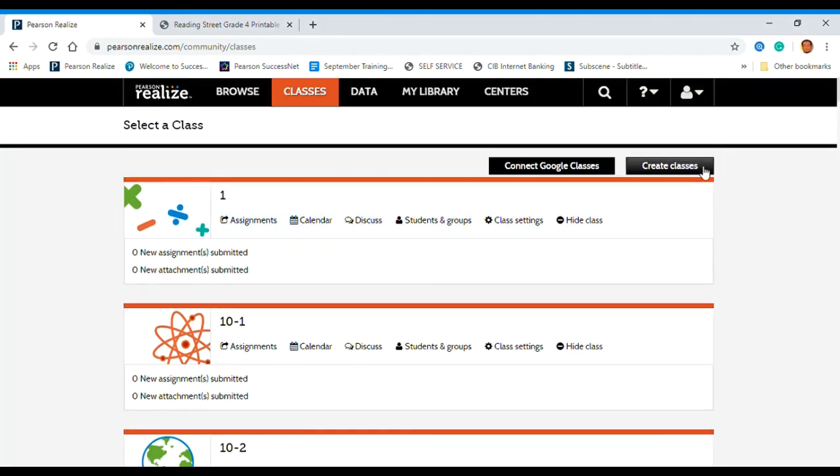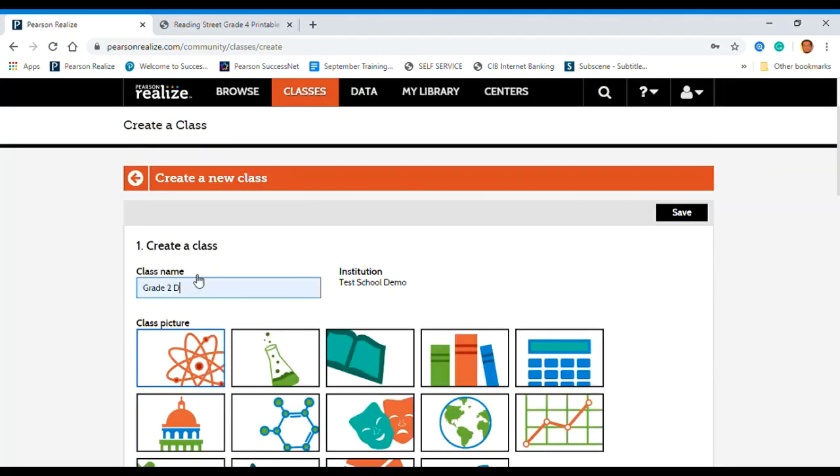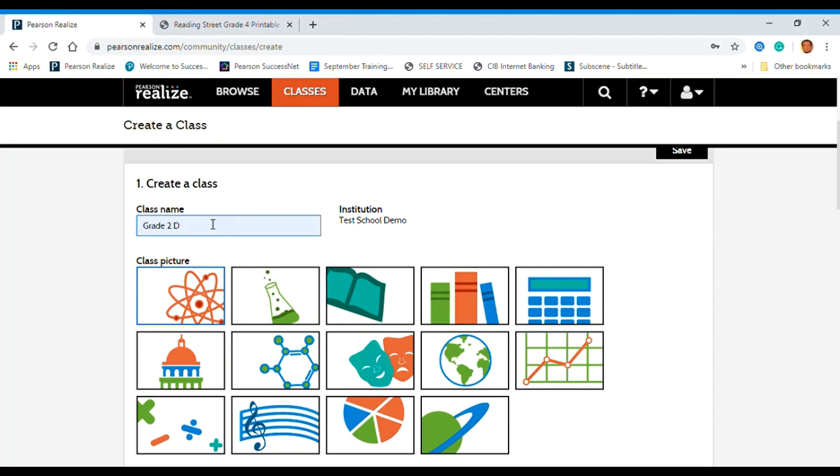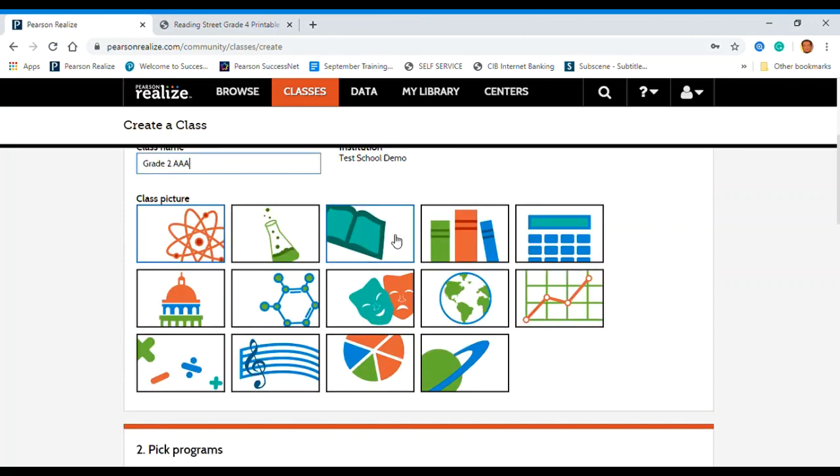Then I want to create a class, so I will click the button create classes, and then just follow step-by-step procedures here. First of all, create a class name, so it's grade 2 A, and then choose the theme that's suitable for the program you are targeting. It's reading, for example, or it's interactive science. So let's call it grade 5